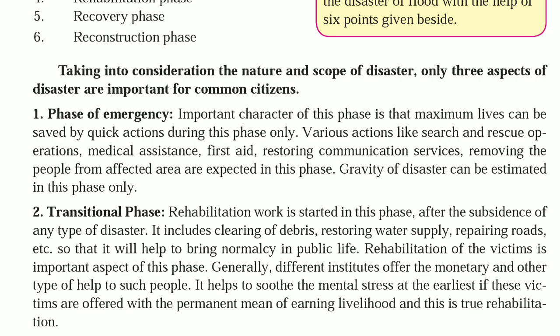Various actions like search and rescue operations, medical assistance, first aid, restoring communication services, removing the people from affected area are expected in this phase. Gravity of disaster can be estimated in this phase only.